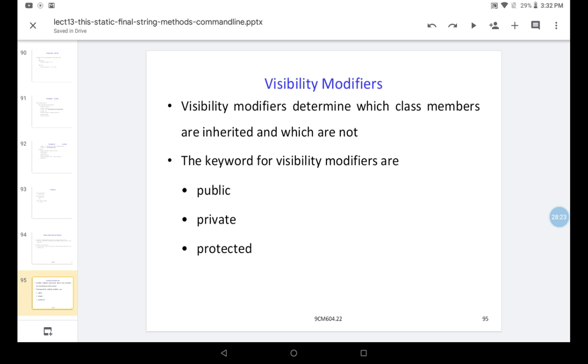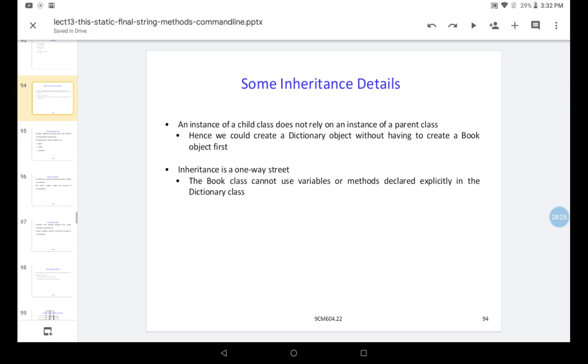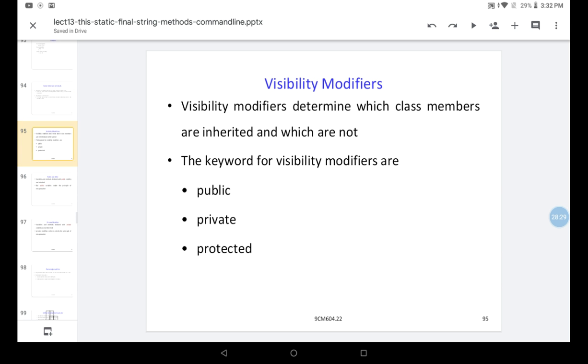Yeah, we'll see what the visibility modifiers are. Visibility modifiers determine which class members are inherited and which are not. The visibility means which class members are inherited, based on the keyword for visibility modifiers.